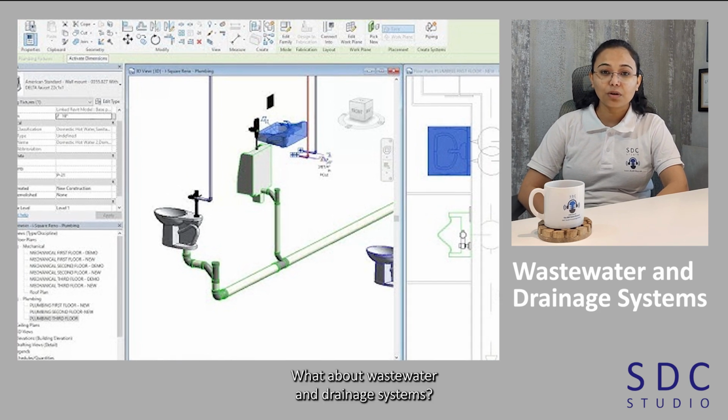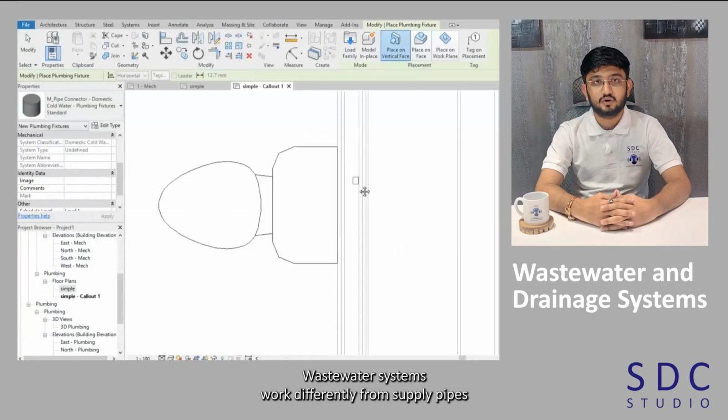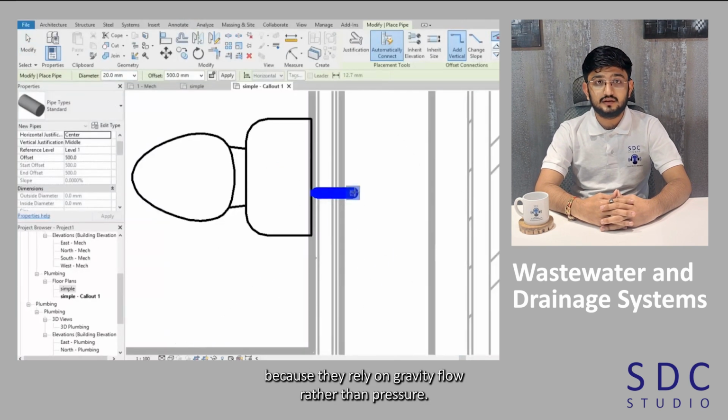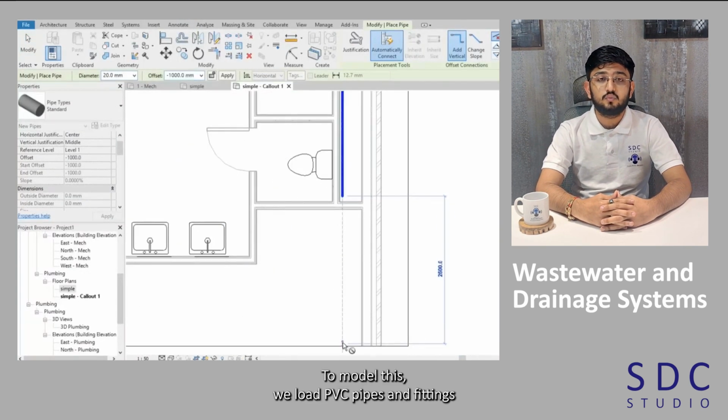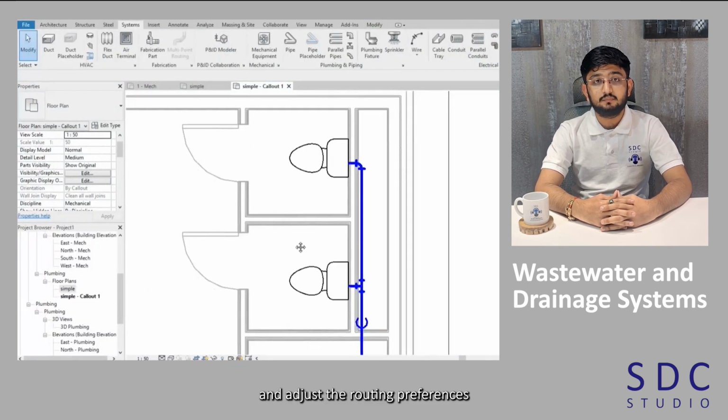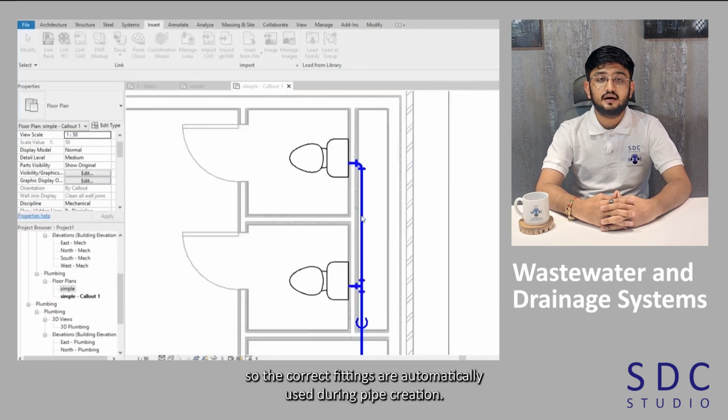What about wastewater and drainage systems? Wastewater systems work differently from supply pipes because they rely on gravity flow rather than pressure. To model this, we load PVC pipes and fittings and adjust the routing preferences so the correct fittings are automatically